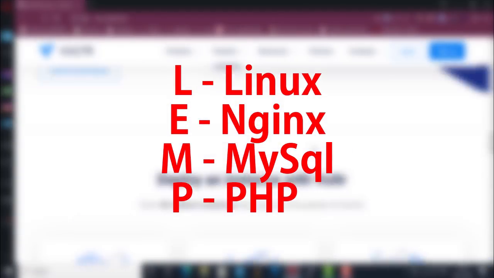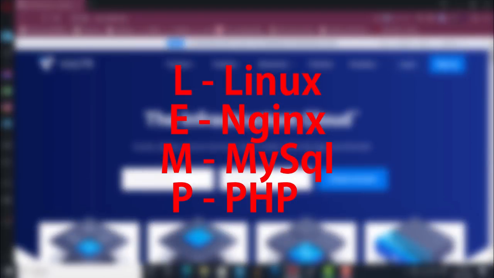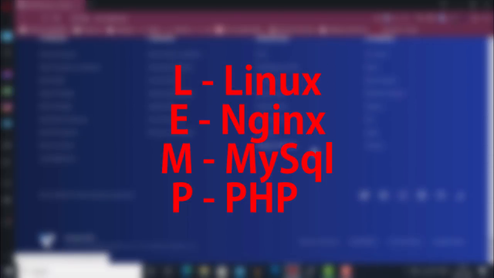Nginx is a free, open source and high performance HTTP server or a web server that will help us to handle all HTTP requests on our server. MySQL is a relational database management system to store our website's backend data. This software package also includes PHP. Basically, PHP is a programming language that is used to code web applications and websites.